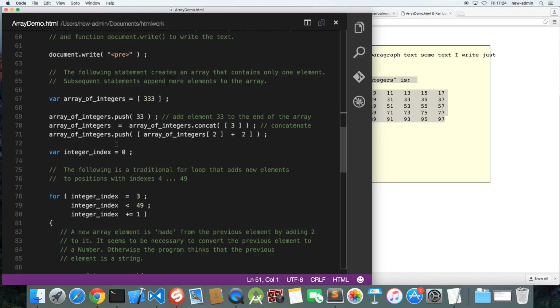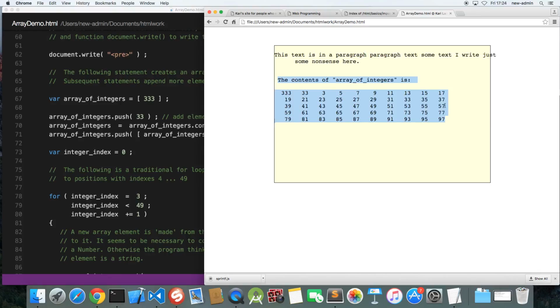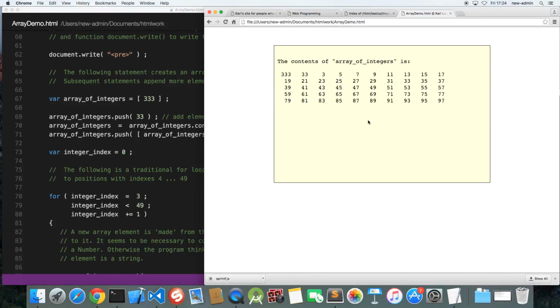So if I would want to produce this text to the screen, or I will reload it, there would be much more easier ways to do it. But here I'm just demonstrating how I can use an array and how the content of the array can be